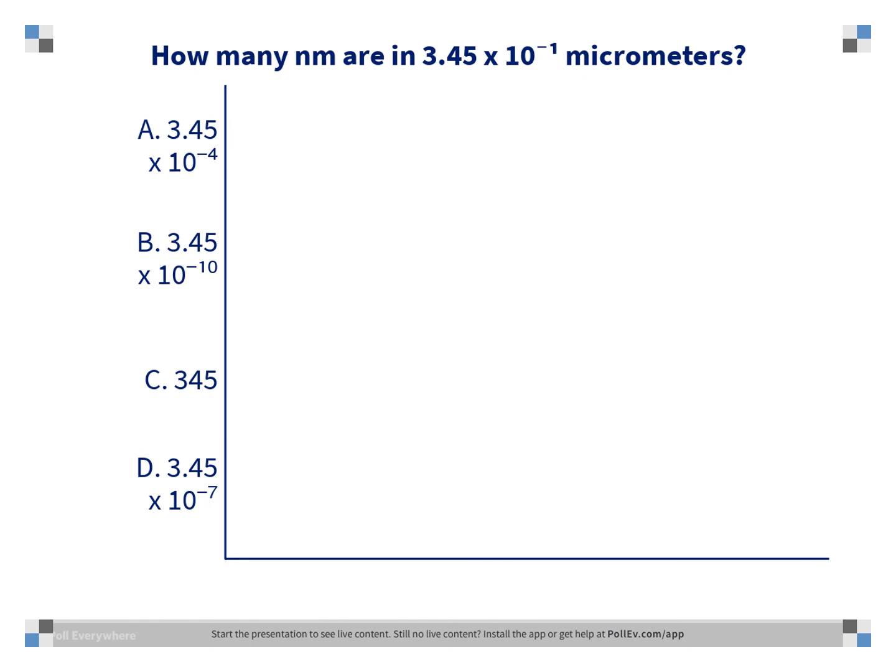The correct answer is C, 345. I would approach this problem by converting from micrometers to my base unit of meters, using the equality 1 micrometer equals 10 to the minus 6 meters, and then converting from meters to my final units of nanometers, using the equality 1 nanometer equals 10 to the minus 9 meters. When I set up my calculation properly, I come out with 3.45 times 10 to the 2 nanometers, or in